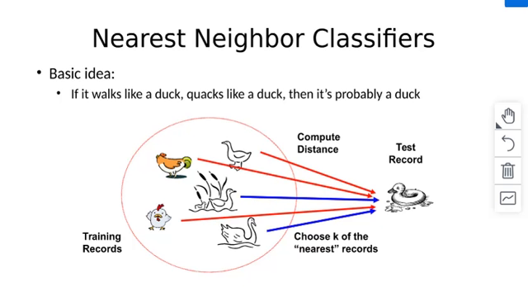The justification for why we are calling it a lazy learner, the justification for using nearest neighbors, is best exemplified by the saying that if it walks like a duck, quacks like a duck, then it's probably a duck. That means it is finding a relationship among these two statements.